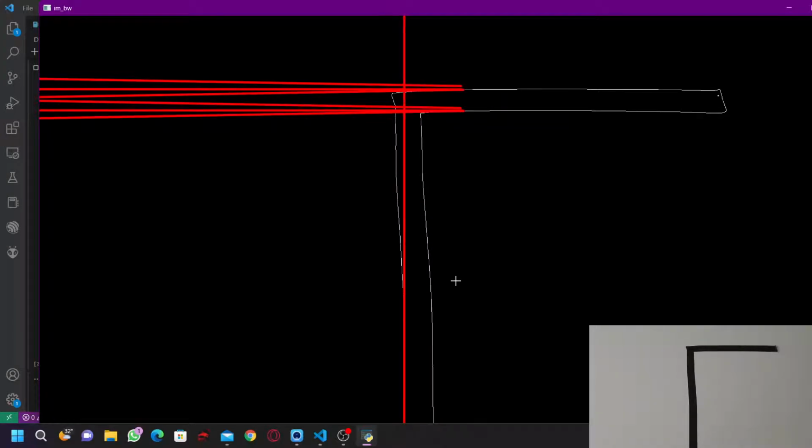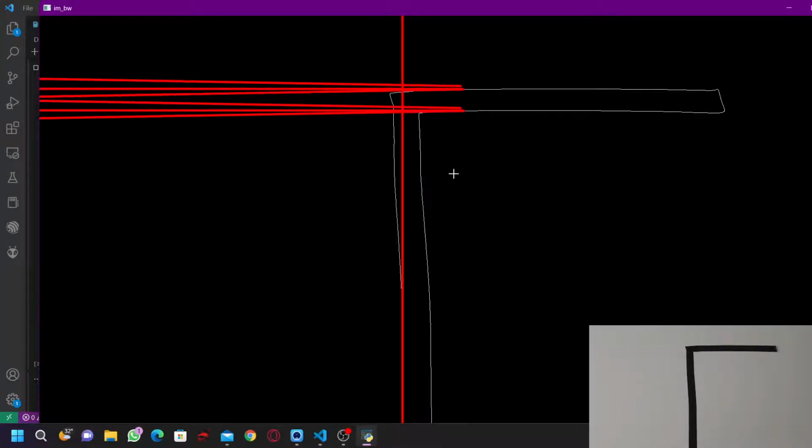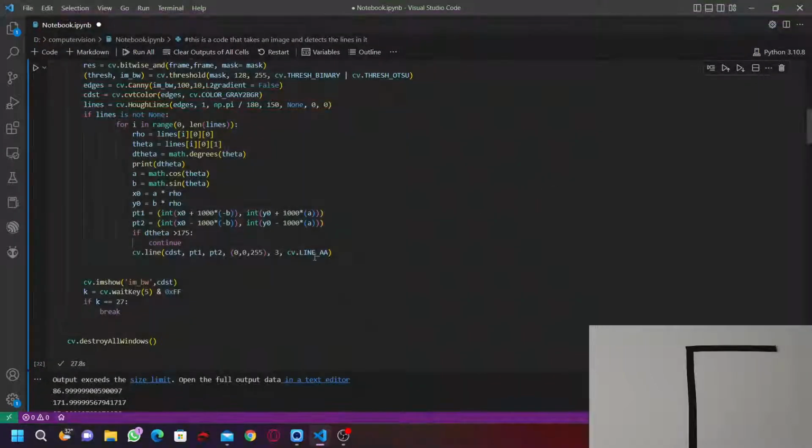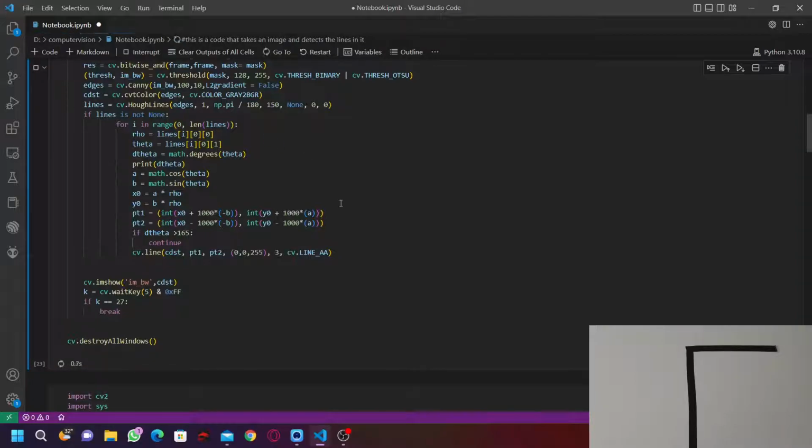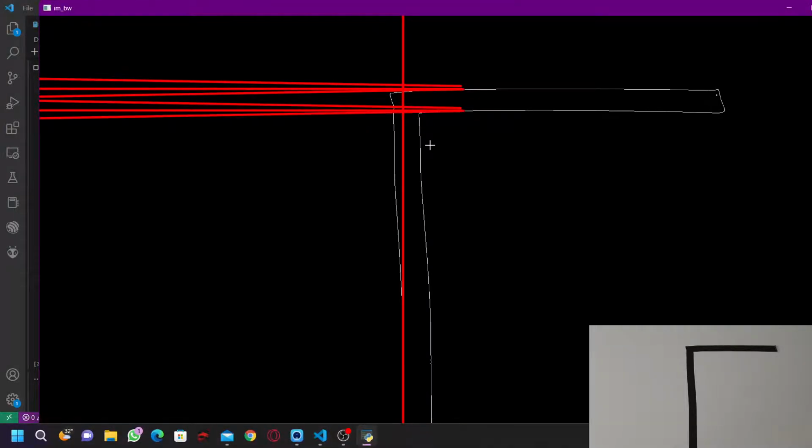So we can do as well, we can increase, like this can be 165 maybe. Yeah, so now I'm eliminating all of the other lines. You can see this is just because of the tape, I'm very bad at placing tape apparently, but I'm